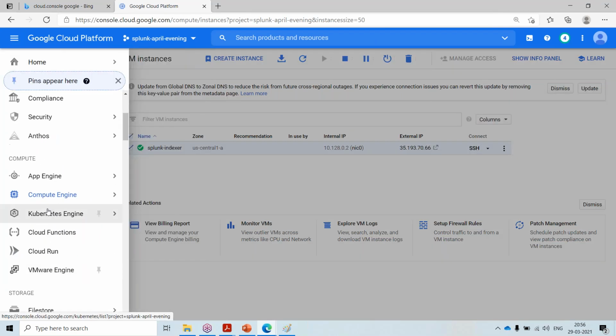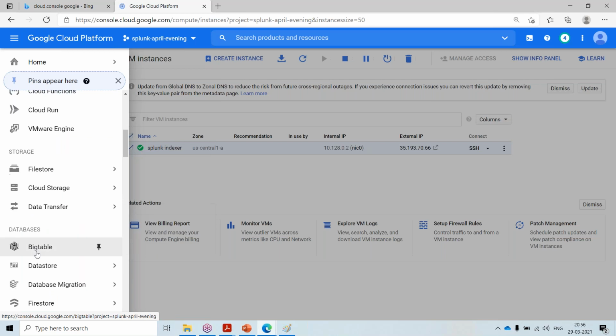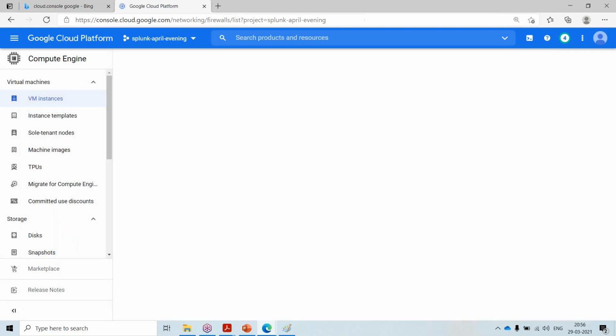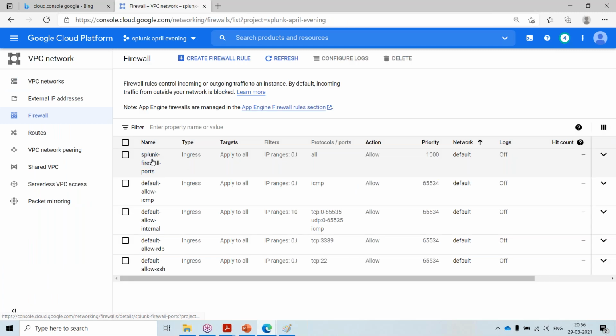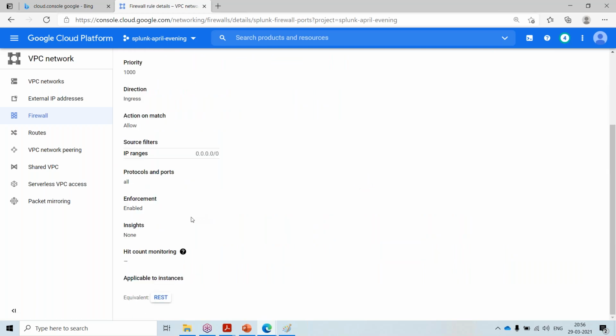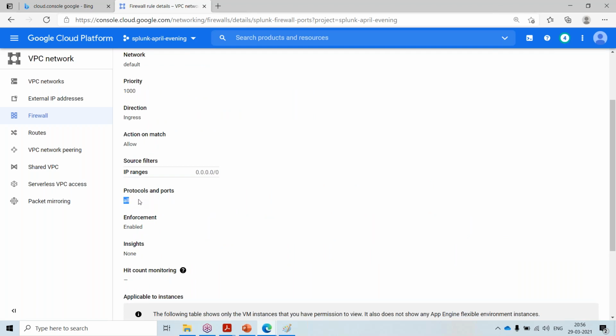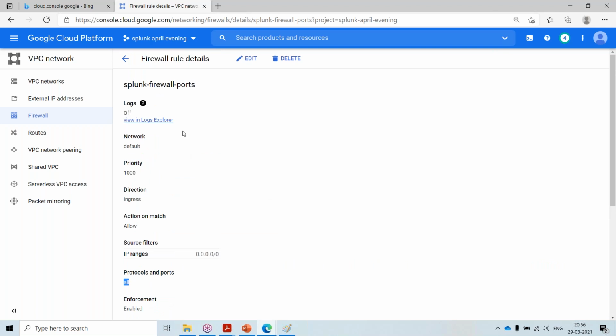So I will go to the VPC, where there are the firewall rules we created. Based on those rules, we are giving all the access and enabling all the protocols and ports. That's why you are able to access it, even ping it, and if you install something, it will be automatically available.